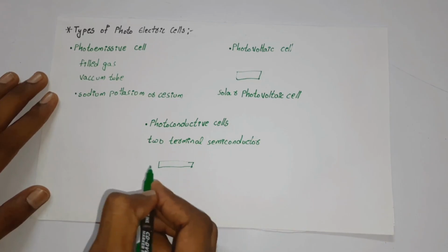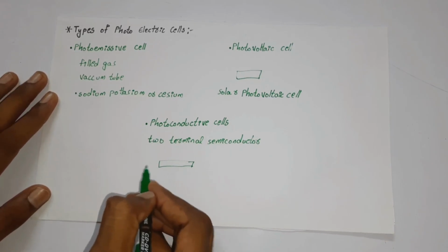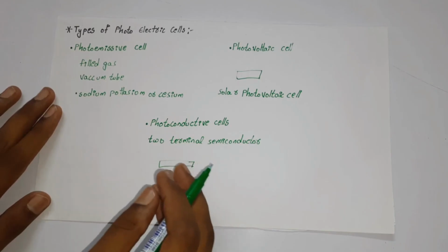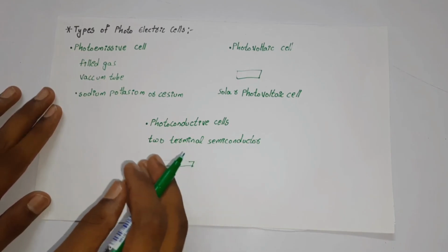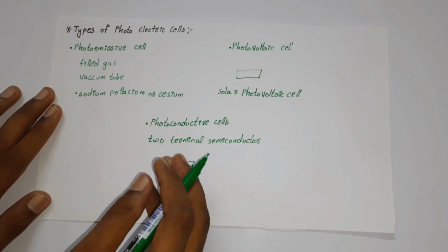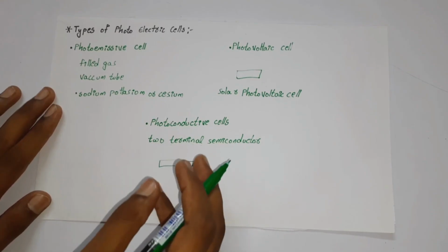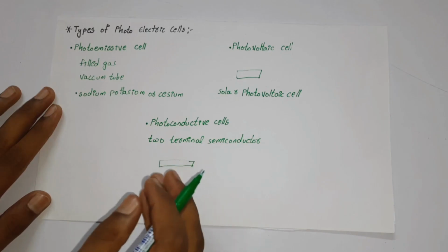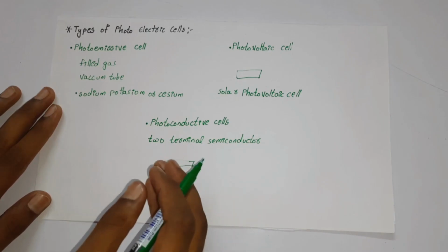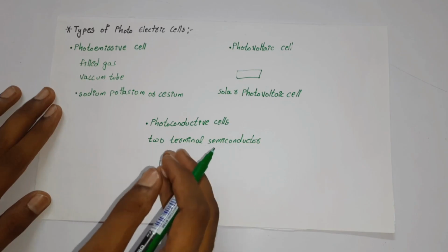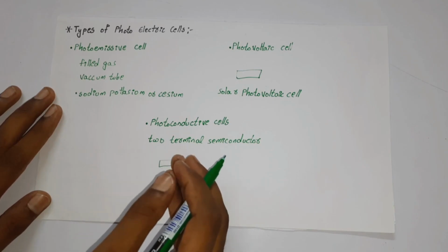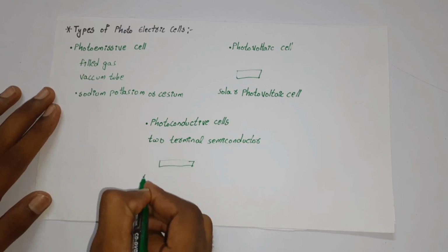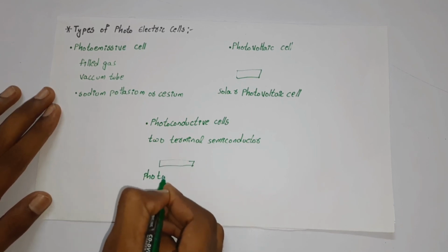So if we observe, it consists of two terminals, so when the light ray falls on the cell, because of the two terminals, the variance in the emission of electrons creates some difference. So what difference occurs in the devices will be determined by the photoconductive cell. That means since the cells determine the variance of incident light, photoconductive cells are also called photoresistive devices.